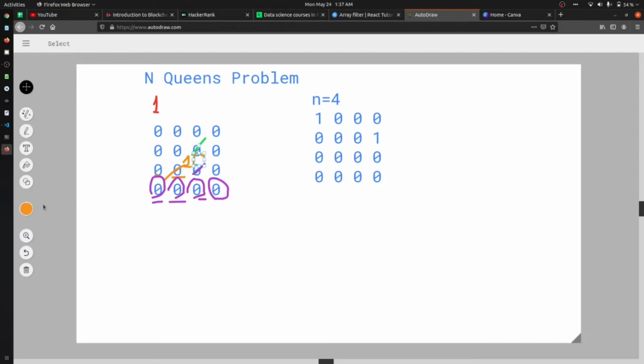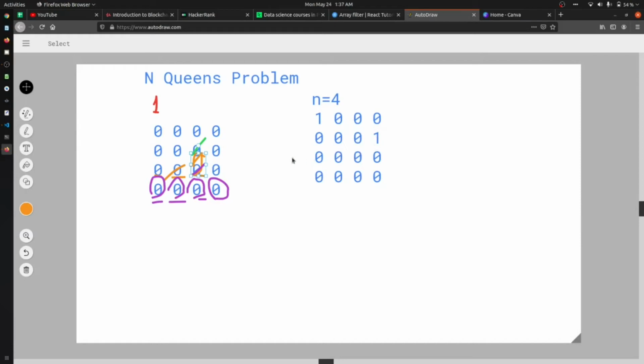Okay, I will move my 1 to this point. Now what I can see is that I have a queen at this point, right, in the diagonal.